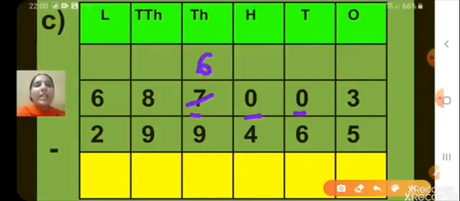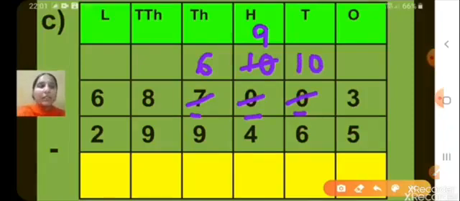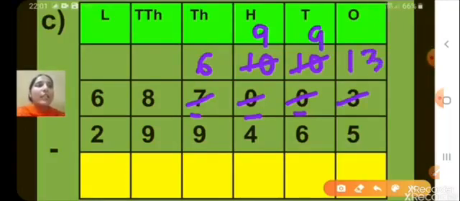So what will be remaining here? 6 only. And at hundreds place it becomes 10. It means now we can borrow at tens place as well. So when we borrow 1 from hundreds place, the 9 will be remaining here, and at the tens place we'll get 10. So now we can borrow at ones place as well. So when we borrow 1 from tens place, 9 will be remaining, and this will become 13. So 13 minus 5, what we'll get, children? 13 minus 5, 8.